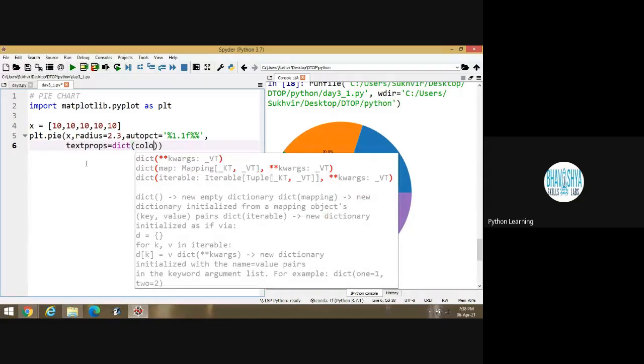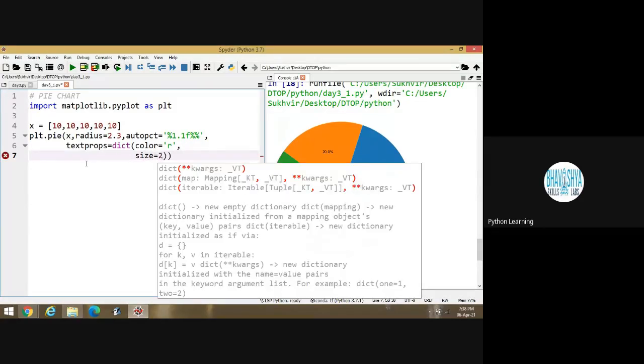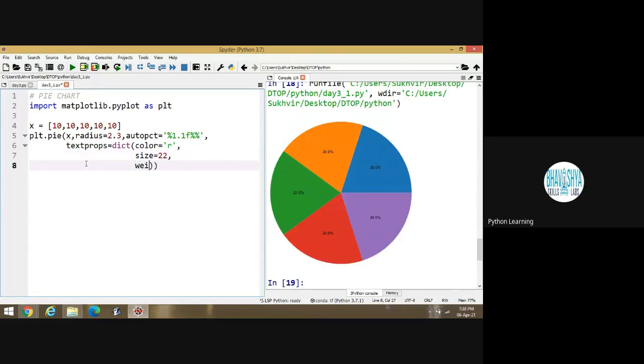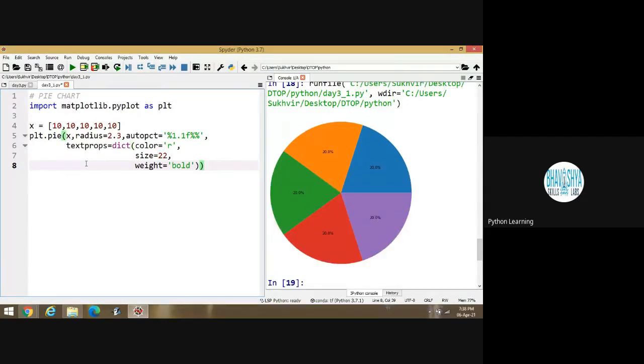Suppose I am setting color is equal to, let us say, red, and then size is equal to, let us say, 22, and weight is equal to, let us say, bold. Now execute the program again. Look at this one.